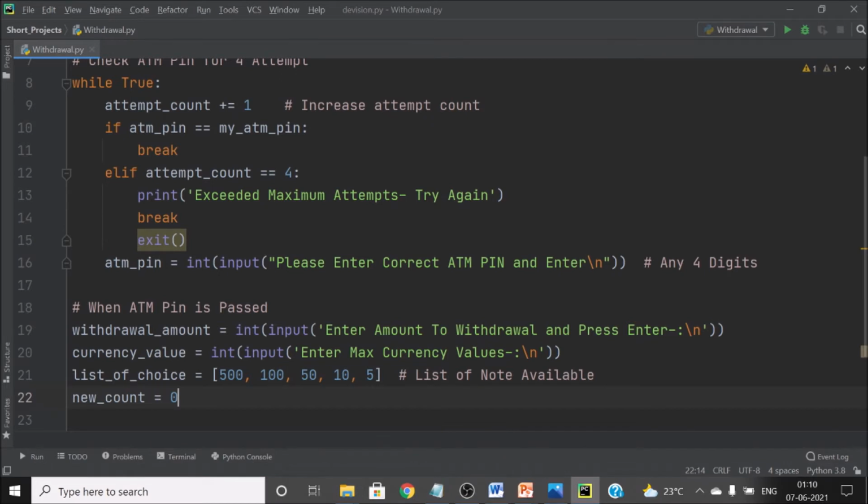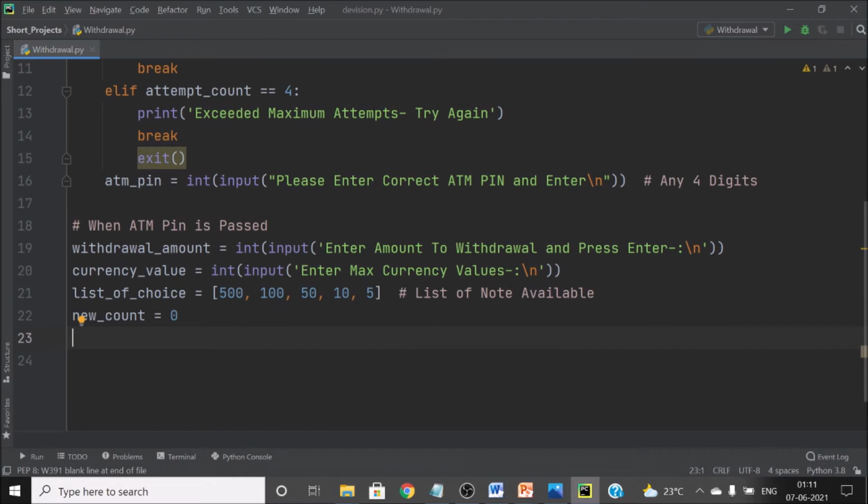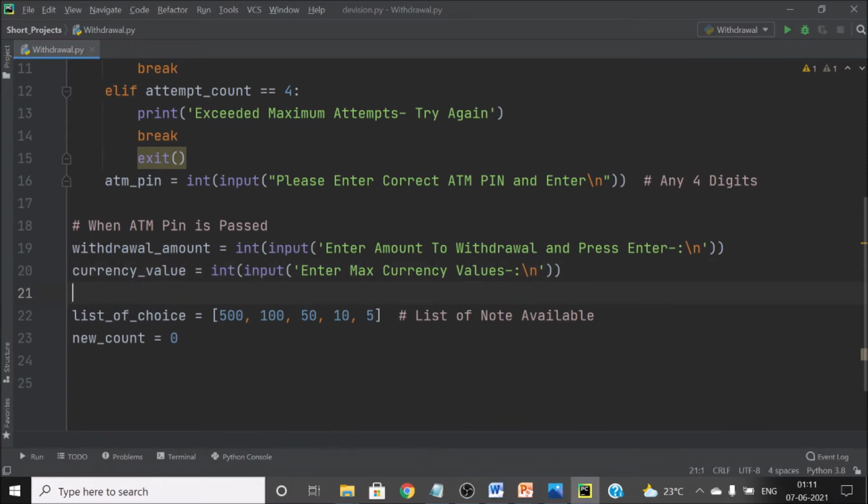So for the withdrawal amount, we will take input from the user here, and then we will ask from which currency note you want to start. So any note the user has to provide as the starting one. Yes, I want to start from 100, for example. What we will do is take the currency value till here, and then check where that value is, and then loop through the remaining list. So if a user has given 100, we will start the loop from here. If the user has given 50, then we will start the loop from here. So this is how it will work.